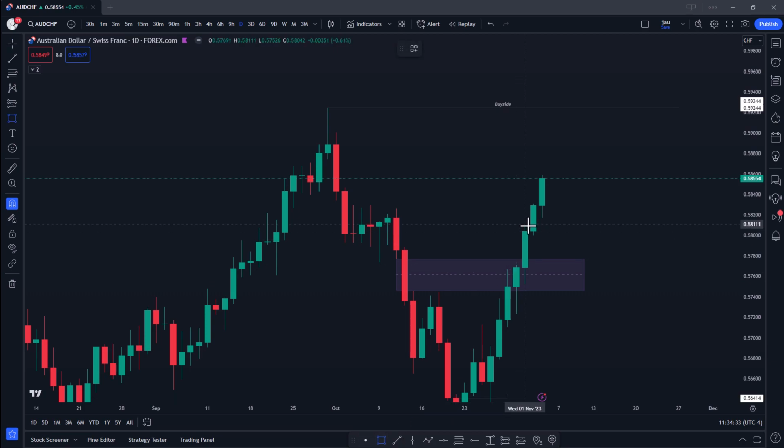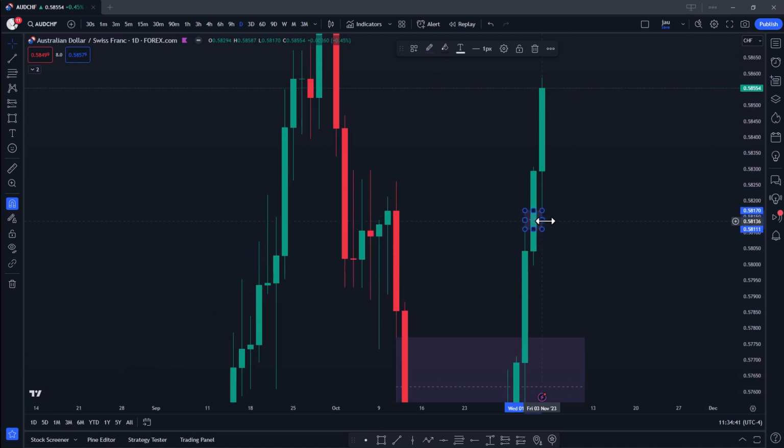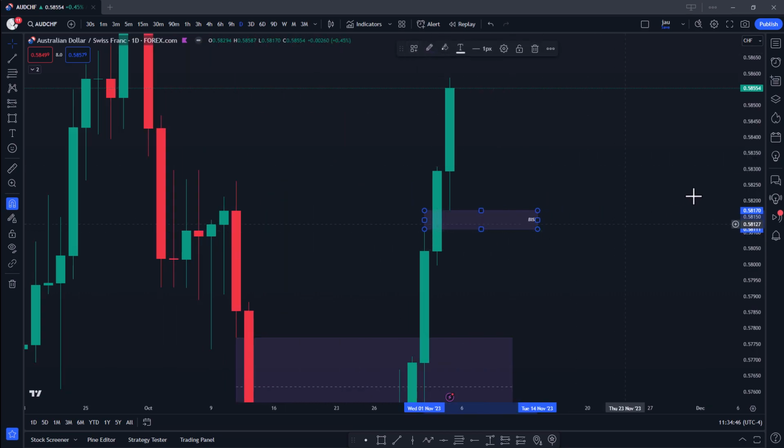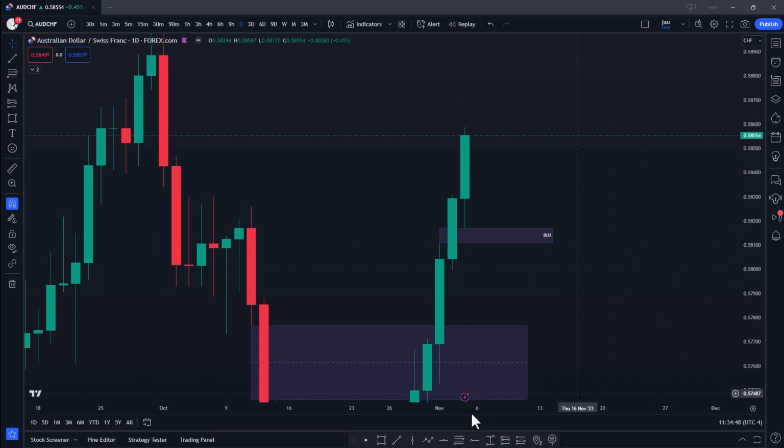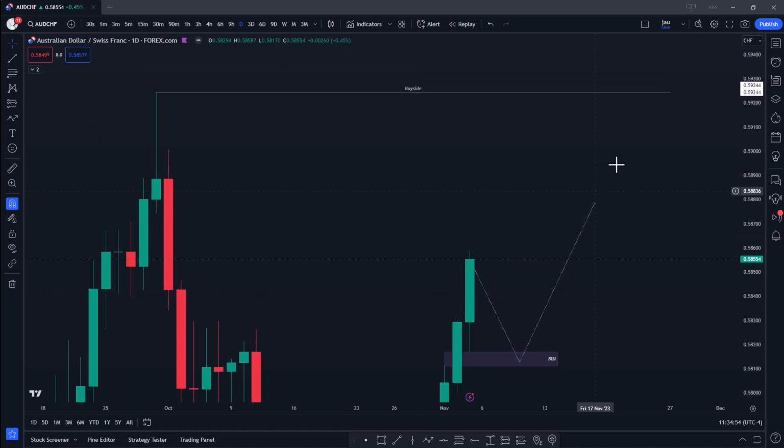So what would I use as an entry? I have this tiny fair value gap in the form of a buy side imbalance. Let's make it a little bit more visible on a daily time frame. So I'll look to see if price can either trade lower into it, then push higher, from there sweeping this buy side, or a continuation on